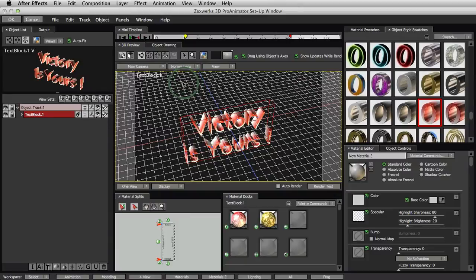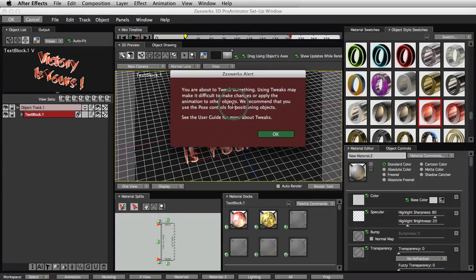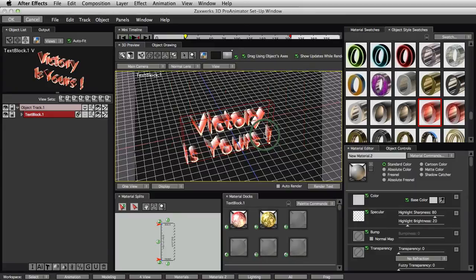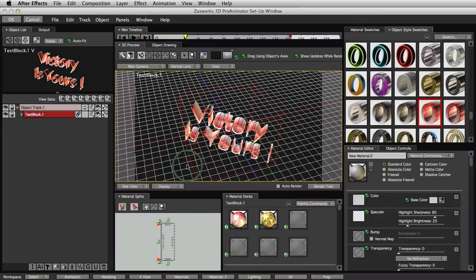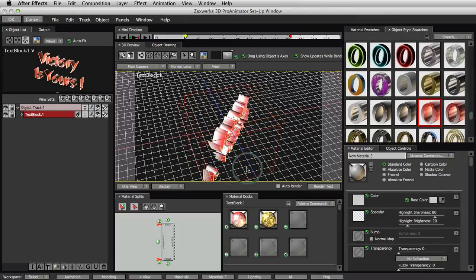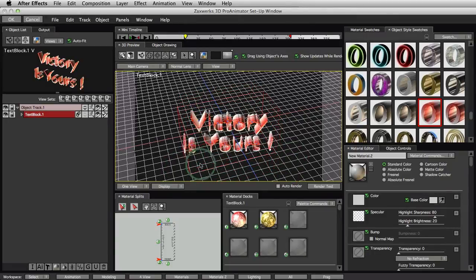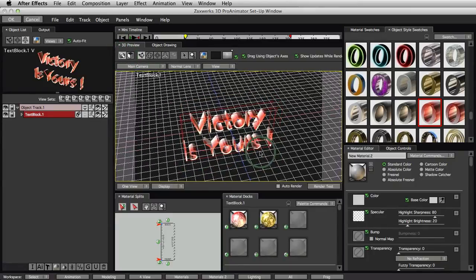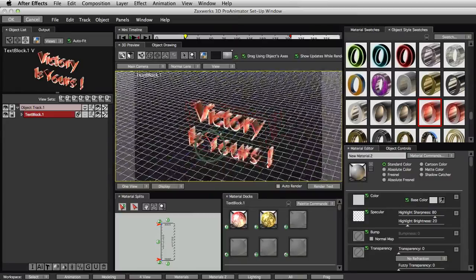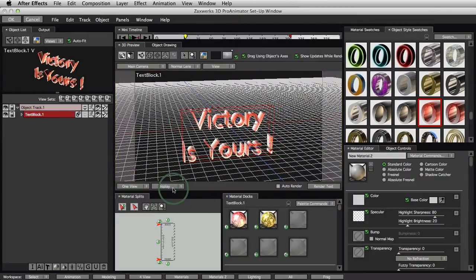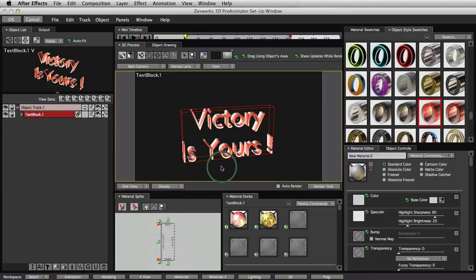You can move objects too, though, and you do that by clicking this button, which puts you into object mode. Now watch what happens. We start to move and we get this warning. We're going to get this alert about tweaking things, and we'll get into tweaks in just a little bit, but for now just click OK, and now you see you're moving the objects and the floor is staying where it is. So this is what you use to move individual objects. Hit undo, and the camera button is what you use to set up the camera for the scene or to animate the camera. You get how those work together? Okay, good. Go to display, turn off the floor, and now we're back to where we were.